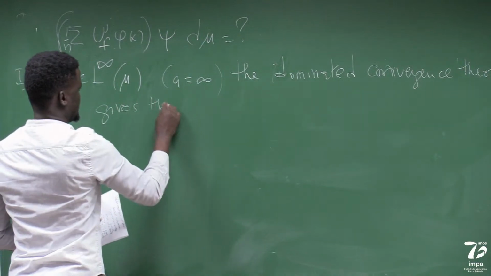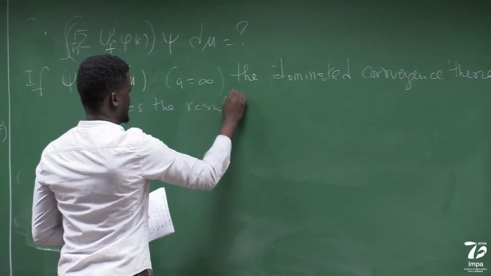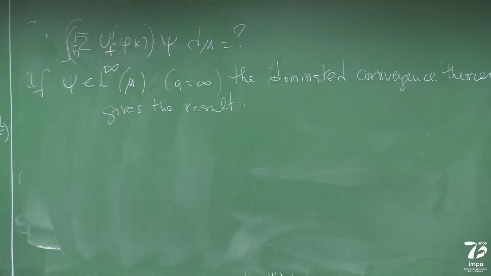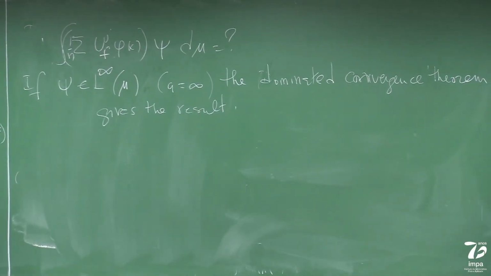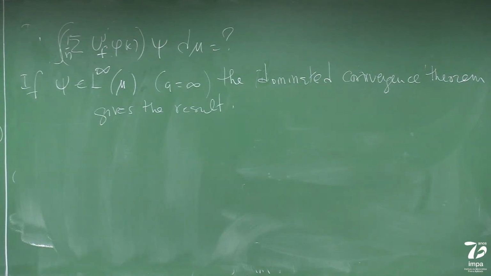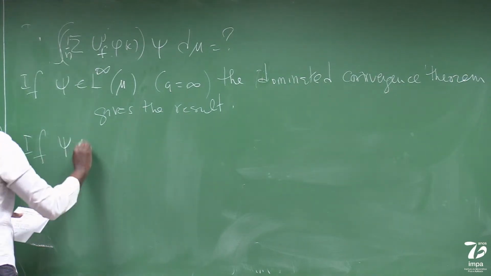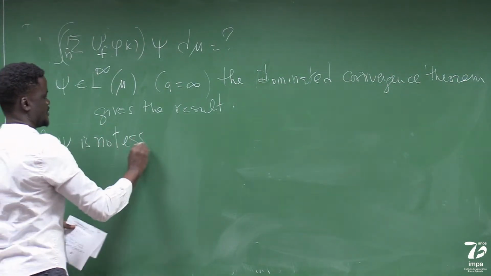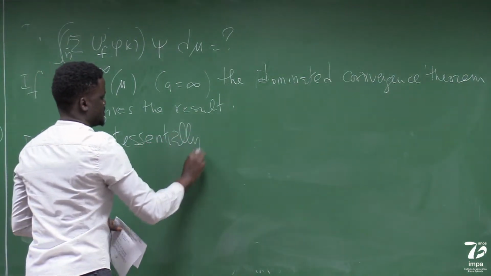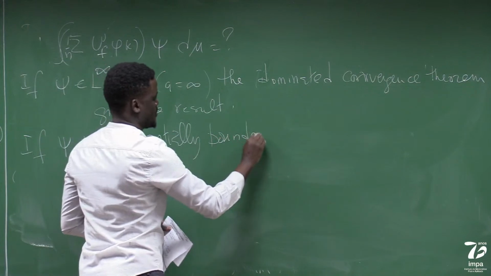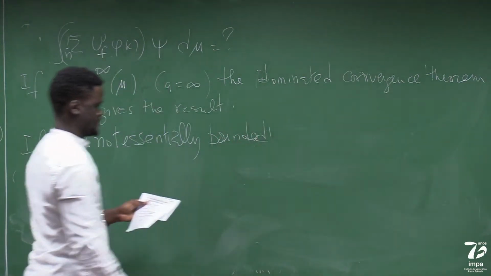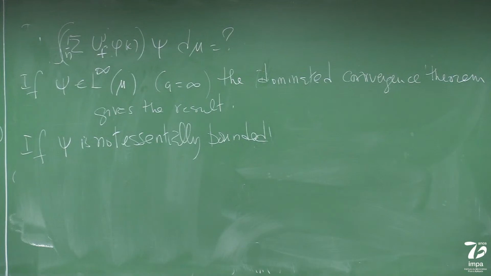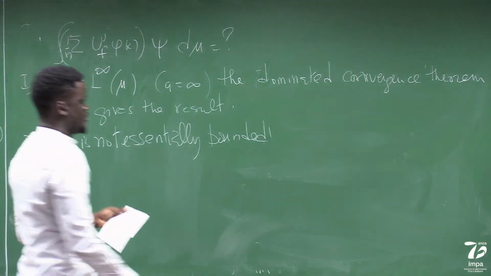That gives the result. So if we don't have this essential boundedness, we use a type of monotone convergence by truncating this function. So if C is not essentially bounded,